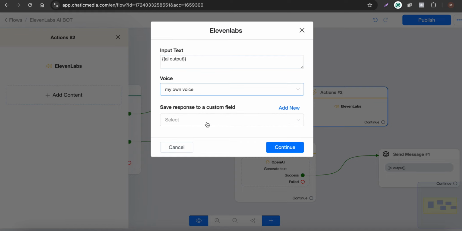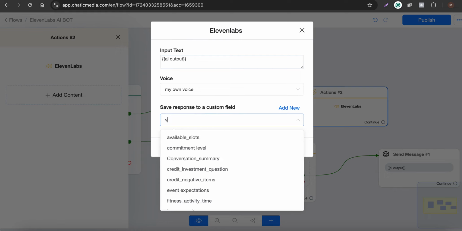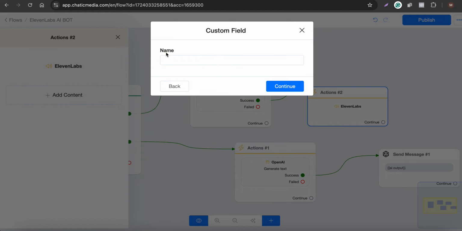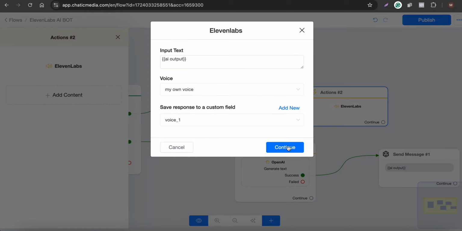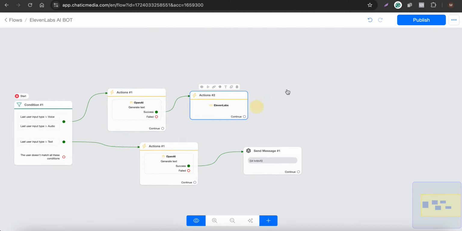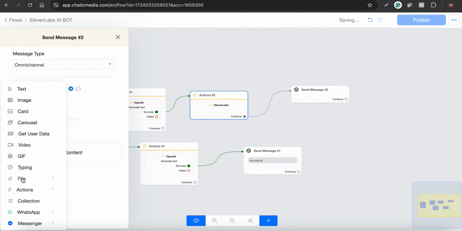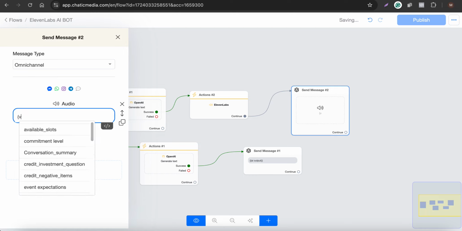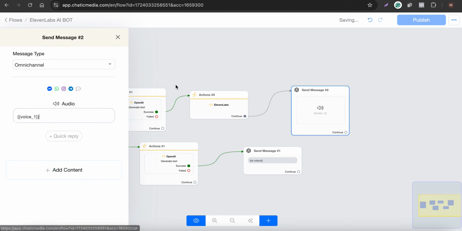So here you can choose create a new one, or you can choose your own as well. So here let me actually create a new one. So let me say voice one. So let me save this in the voice one. All right, and now we want to send that to the customer in the voice format. So choose file, audio, insert link, and we have to choose voice one right here. Simple as that,